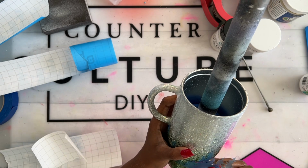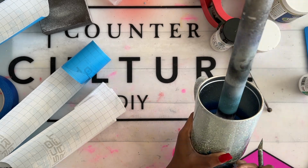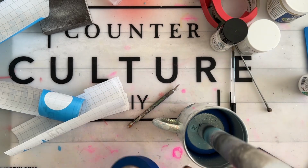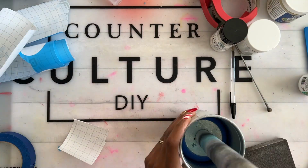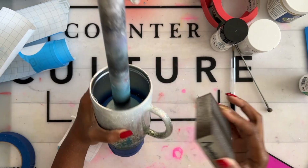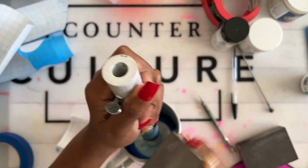I don't know if you guys realize this, but 9 times out of 10, I have zero direction when I start my tumbler tutorials. I literally just grab 2 tumblers and start to play. The first tumbler I practice on, and the second one is the one I film for the tutorial. So because of this, I sometimes change my mind as to the direction I think I want to go as I'm making the tumbler. So for this design, I was planning on having some peekaboo snowflakes along the top, hence,